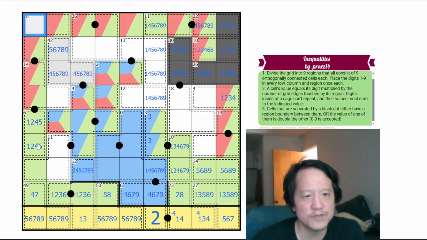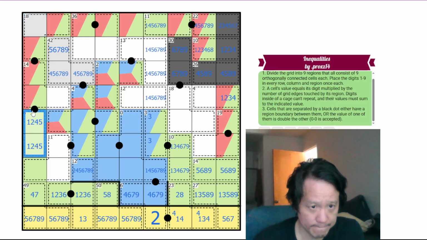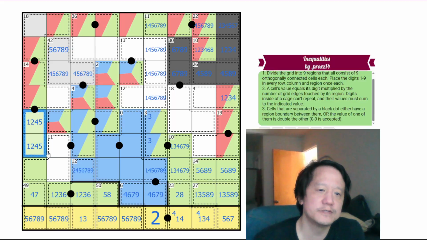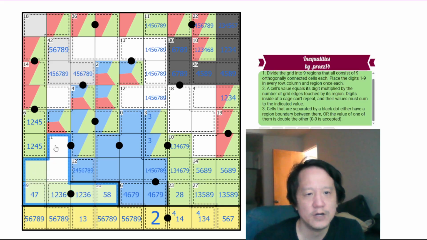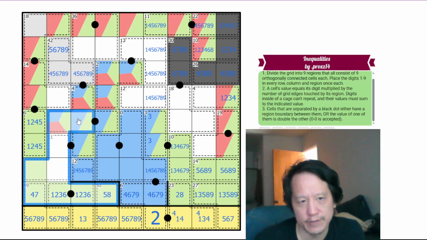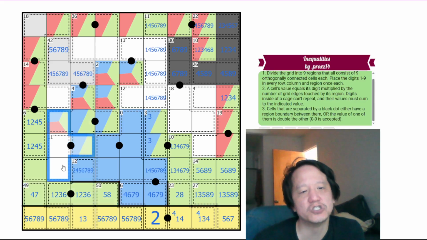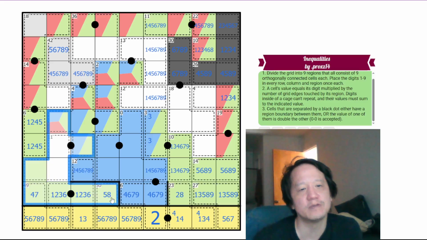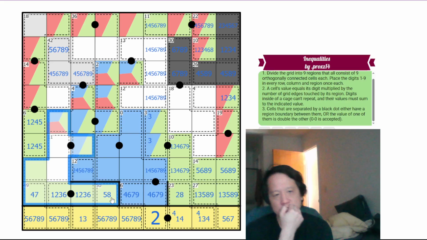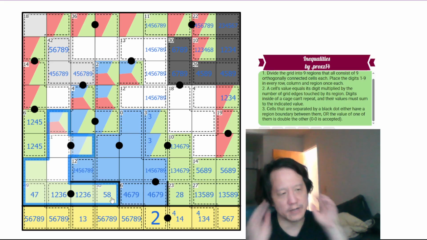And if this is a separate region, this would have to go all the way up to here. We'd have 1, 2, 3, 4, 5, 6, 7. We could, I guess we could do 8, 9 there. Okay, so that might work. Or 8, 9. Ooh, okay, so maybe that works. No, it doesn't work. Okay, well, either way,